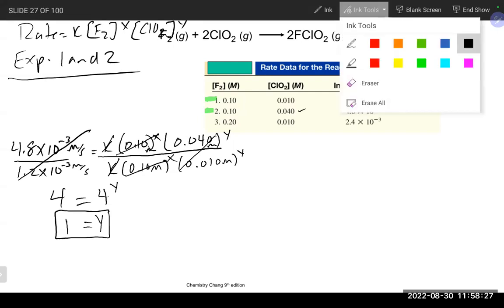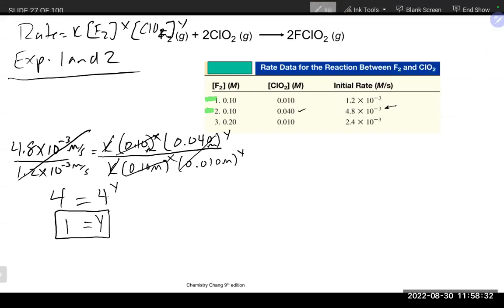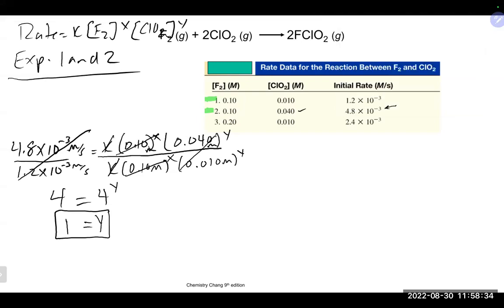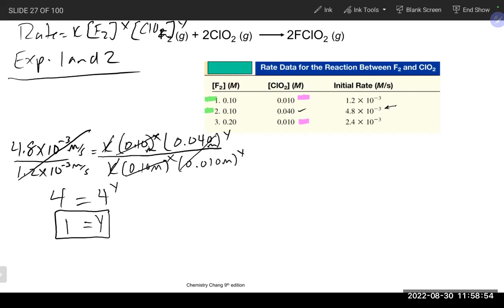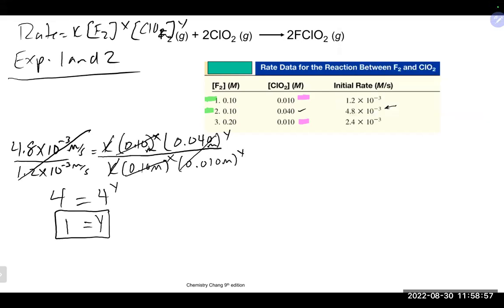Now, once we figured out that guy, what we might want to do here is come back and we're going to keep the ClO2 constant and we want to vary the F2. So it looks like from the table to do that, we could keep the guy constant by doing number 1 and number 3 from the table. We'll keep those guys constant. And again, that would also vary the F2 concentration. So looking at 1 and 3 in this case,